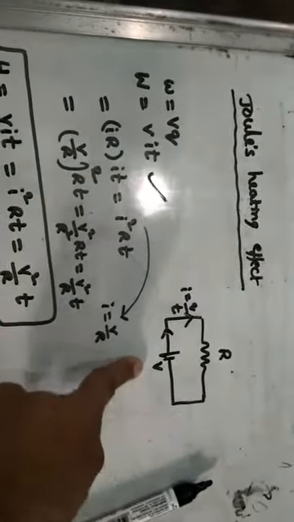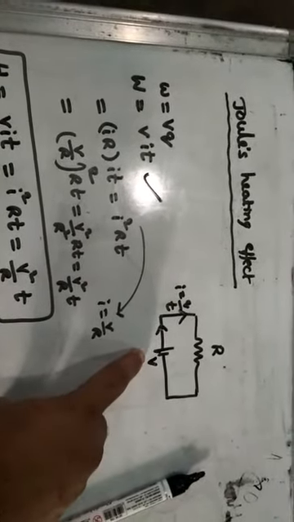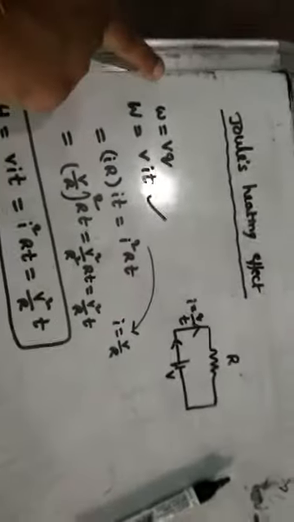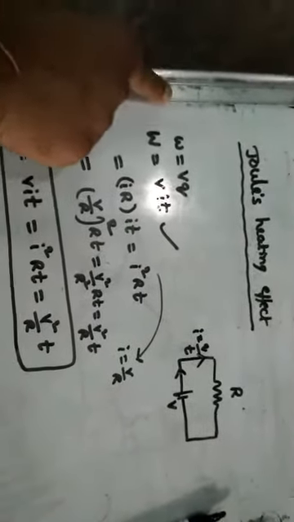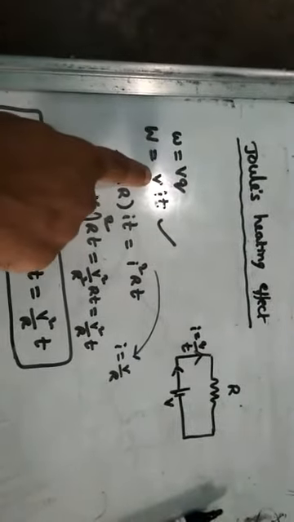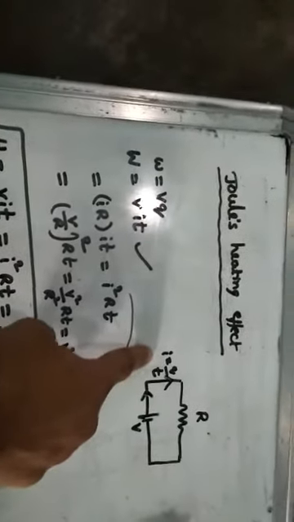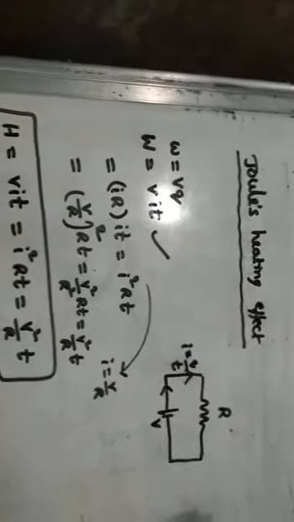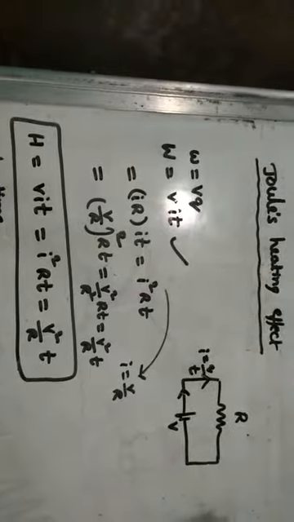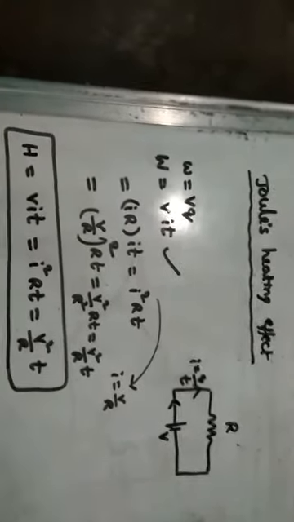So here battery has to do some work. The cell is doing some work to send this current. So the amount of work done is, this is our basic formula, work done W is equal to VQ, and V I am writing as it is, Q is equal to IT. So from this I equal to Q by T, Q is equal to IT. So this is one of the formulas, work done is equal to VIT. I told you V means potential difference, I means current flowing, T means time.